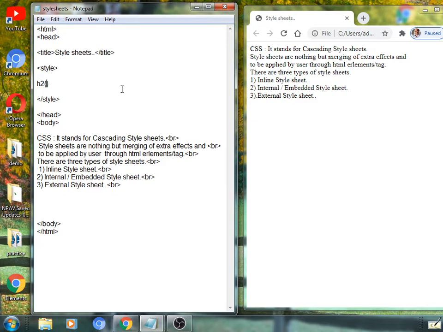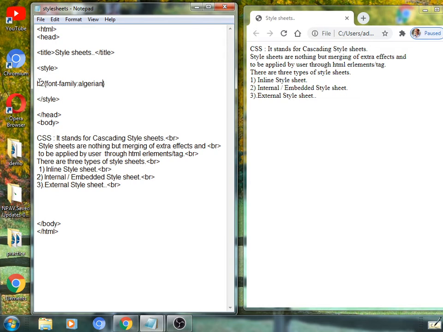See here, multiple properties are there. From these we are taking a few of the properties we saw in the last lecture. Suppose I want to apply a specified font. So font-family is a property, then a colon, and the name of the font is given as the value. Suppose I have given Algerian as the font value.